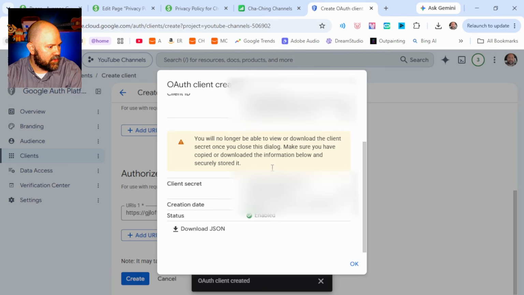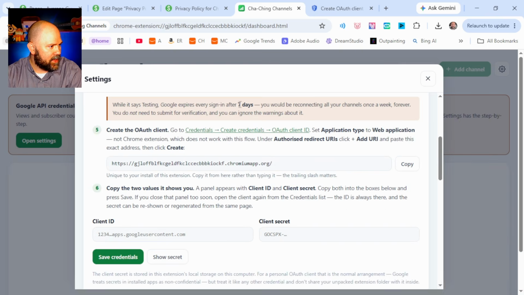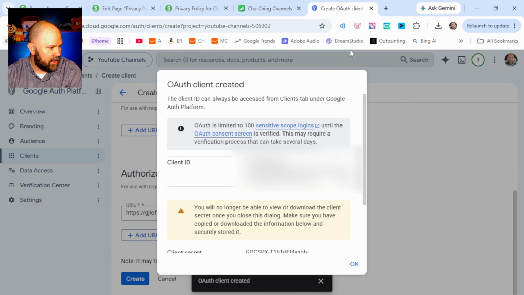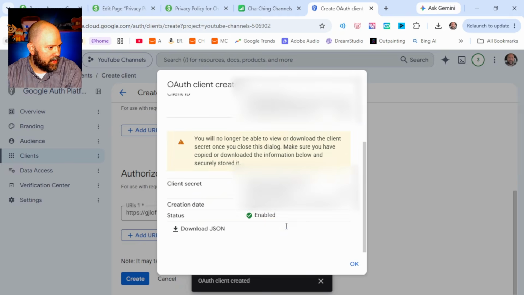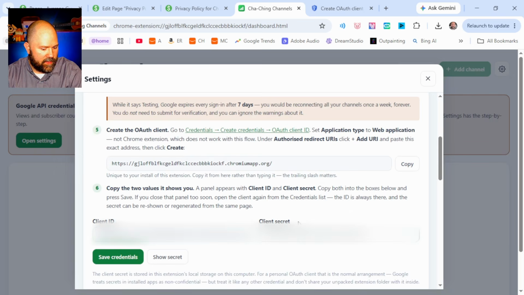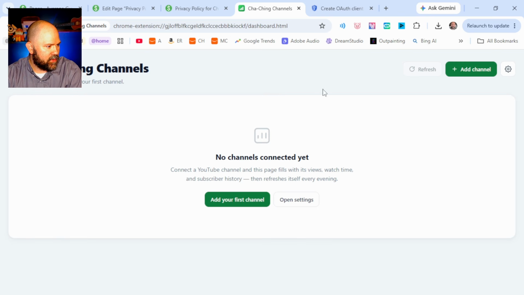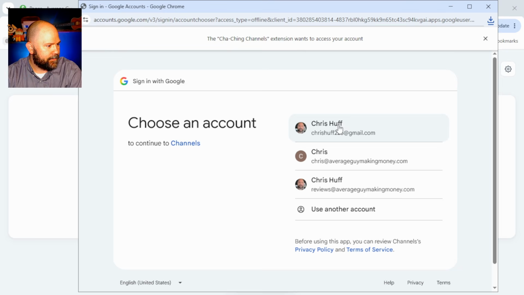And then here is the screen. I'm not sure we actually need that. Yeah, we do. Copy the two values it shows you. So you're going to copy the client ID and put that right here. And then you're going to copy the client secret and put that right there. Save credentials. All right, so once you've done all that, then you can add your first channel right here